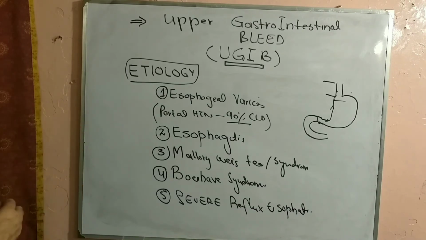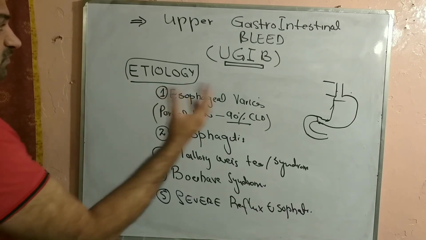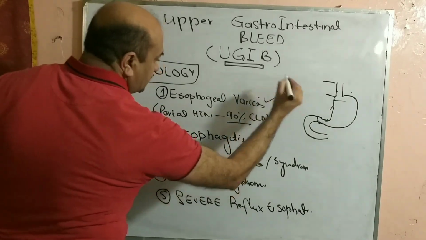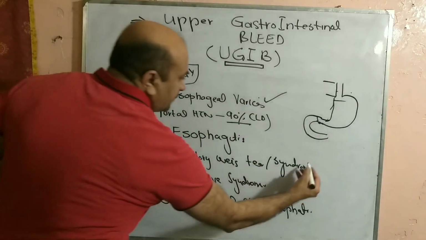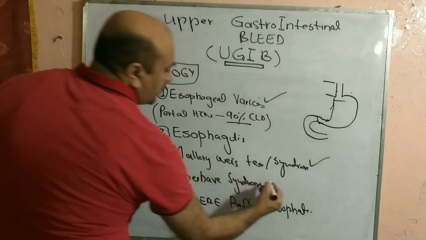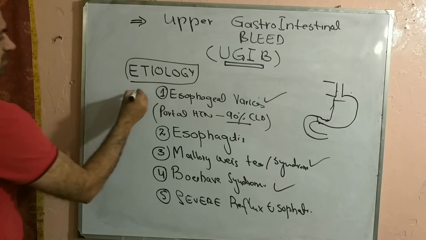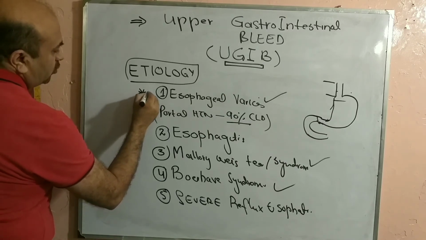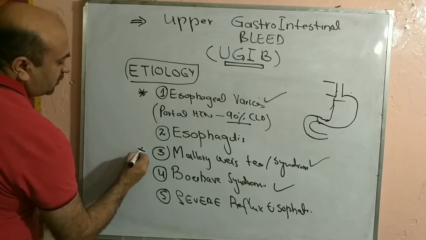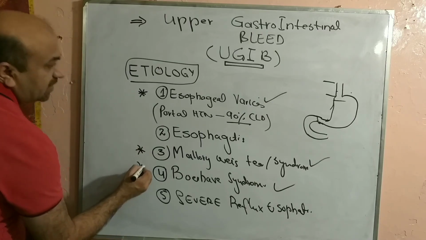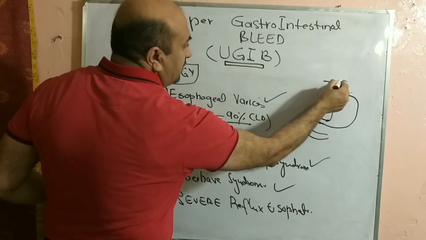But the majority of the sources of the upper GI bleed from the esophagus are esophageal varices, Mallory-Weiss, and Boerhaave syndrome. These three are the most important reasons and should be remembered by the students and the doctors, that these can be a source of upper GIT bleed